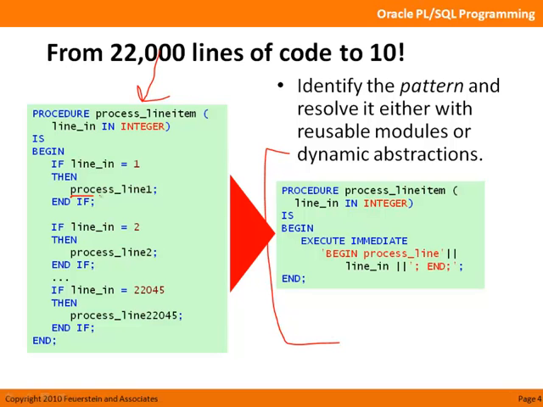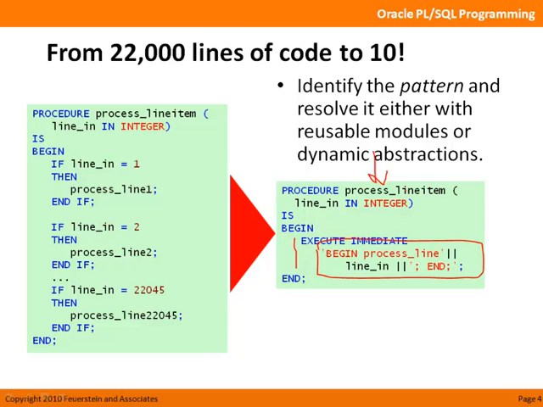So I took the pattern and expressed it in my code in a dynamic PLSQL block. So process line item became nothing more than execute immediate, and then I constructed my PLSQL block in which I call process line, concatenate the line number, and wow, that's it. All that code goes away, and when a new line item is added, all they have to do is create the process line 26,074 program, and this driver will not have to change at all. So I thought this was a great